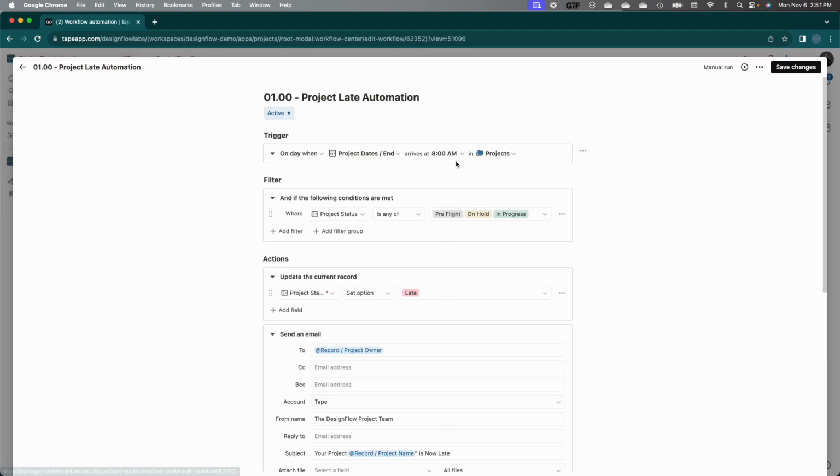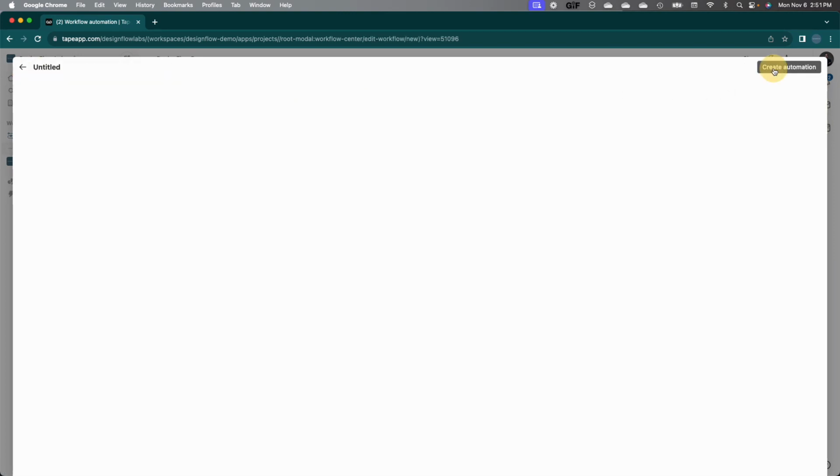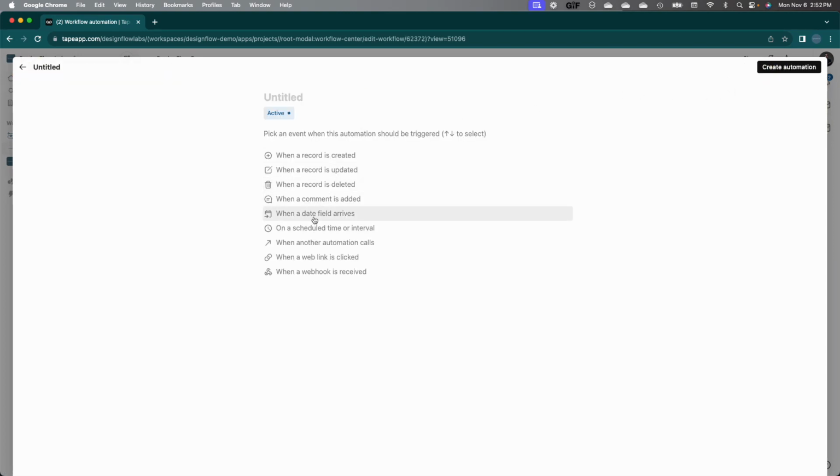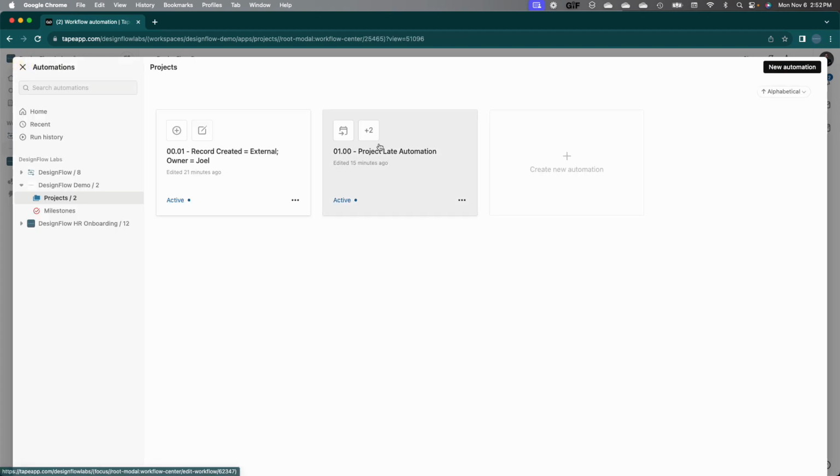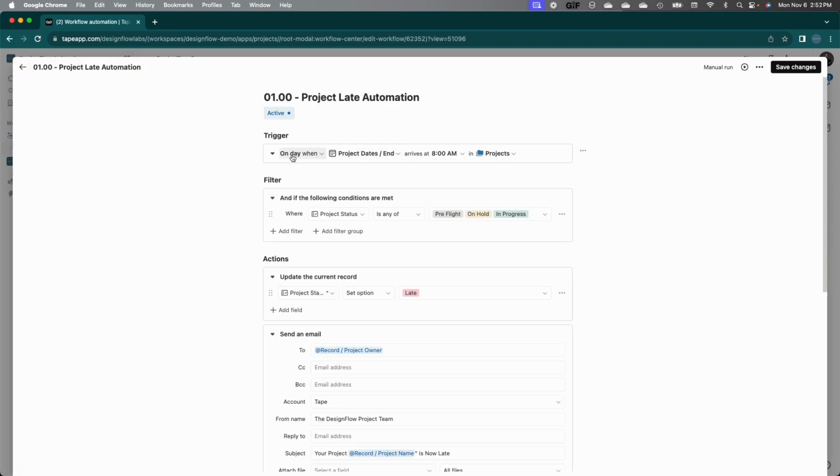It's an automation, and its trigger is on a date field. So what we're saying in our workflow here is on the day when our project end date arrives at 8 a.m. In the case of the project we just put together, that project end date is today, November 6th. It was due at 8 a.m. It's past 8 a.m. What we're doing is saying, when that date arrives, so here's our trigger, and if